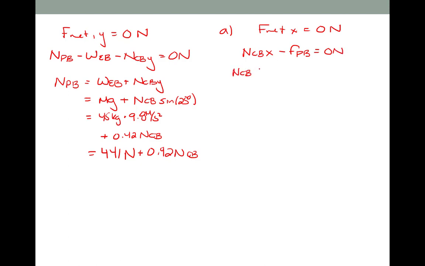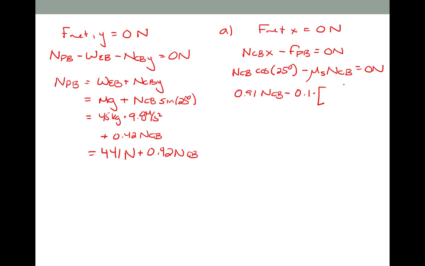N_CBx is going to be N_CB cosine of 25 degrees. Force of friction will be mu static times N_CB in this case. At maximum, that's what that force can take on. So now I have N_CB times the cosine of 25. The cosine of 25 is 0.91 times N_CB. The coefficient of static friction we found from the table and wrote on the previous slide was 0.1. And we need to multiply that by our